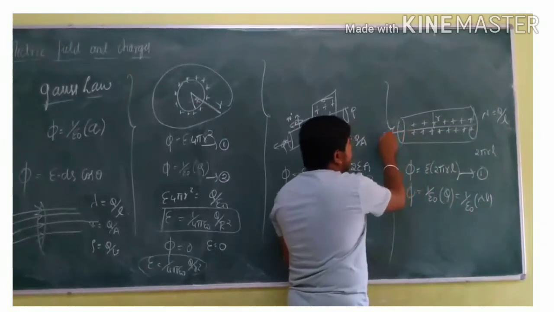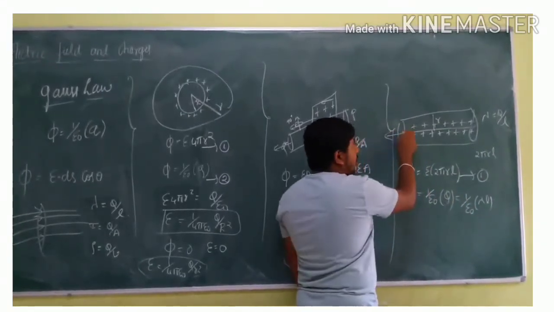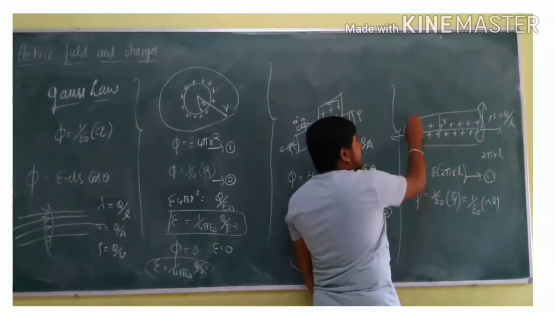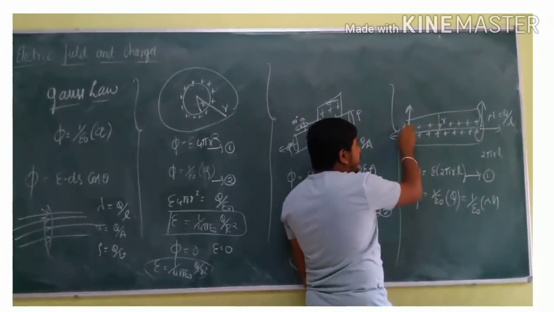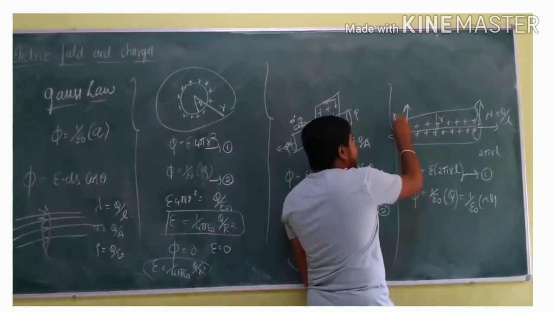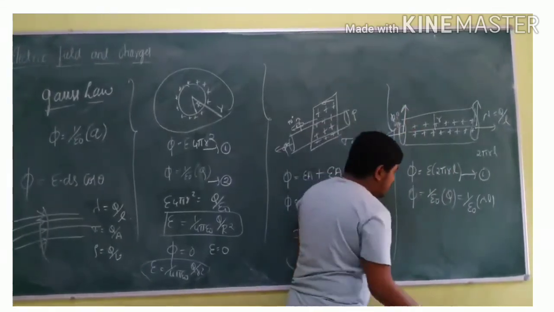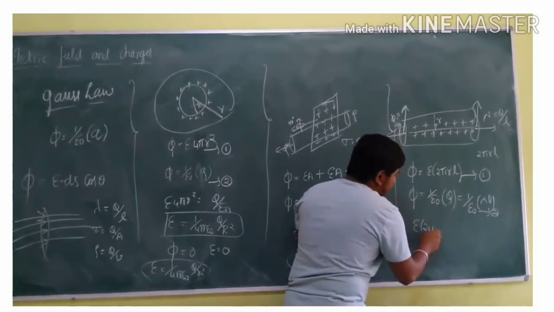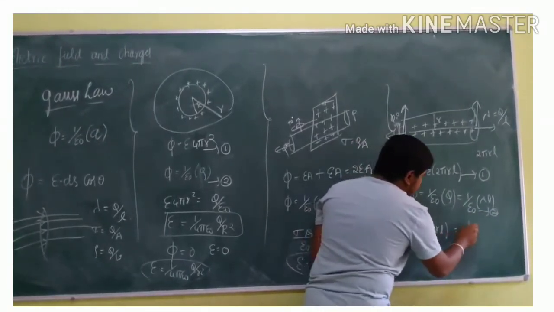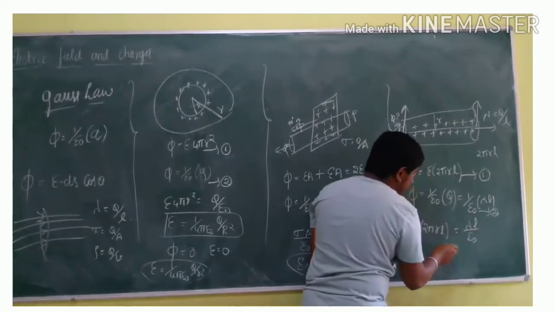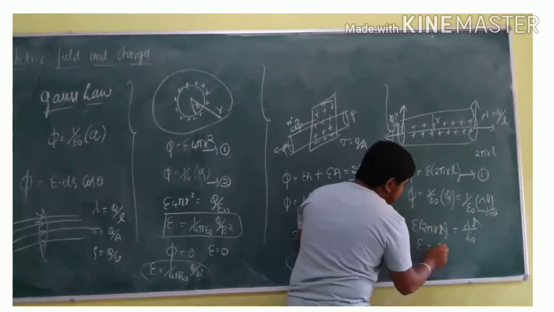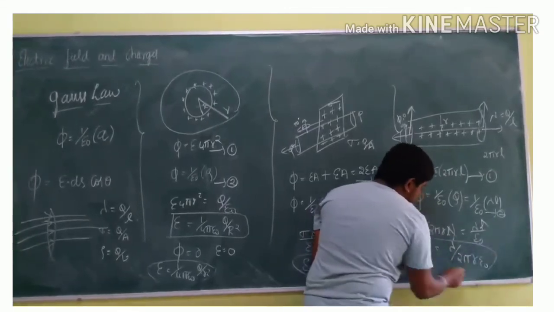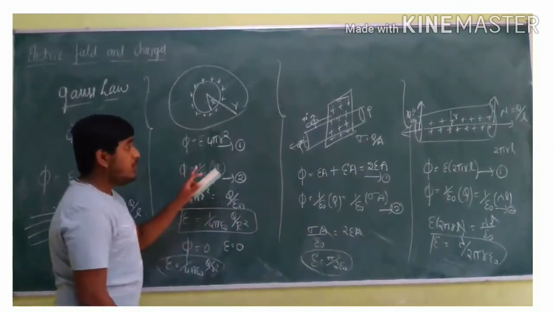The value of flux will be 0 over the ends because the electric field line direction for a positive charge is directed outwards. The angle is 90 degrees. So flux is 0 over here. We have to show that also. On equating these two equations, what we get? E into 2 pi rL is equal to lambda L divided by epsilon naught. L cancels, and E is equal to lambda divided by 2 pi r epsilon naught. This is the value of electric field due to a thin wire.